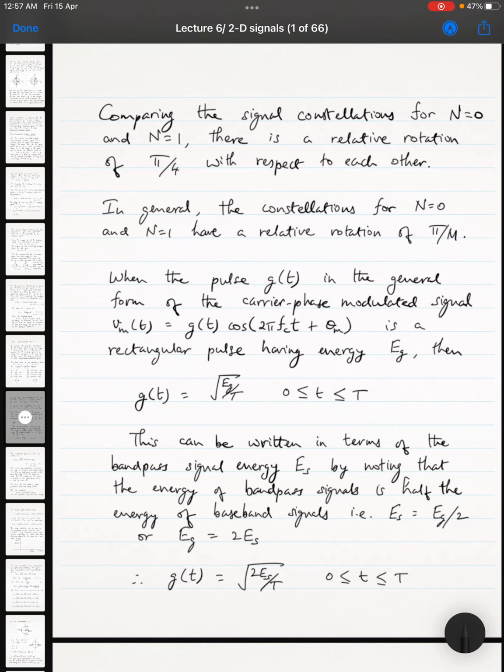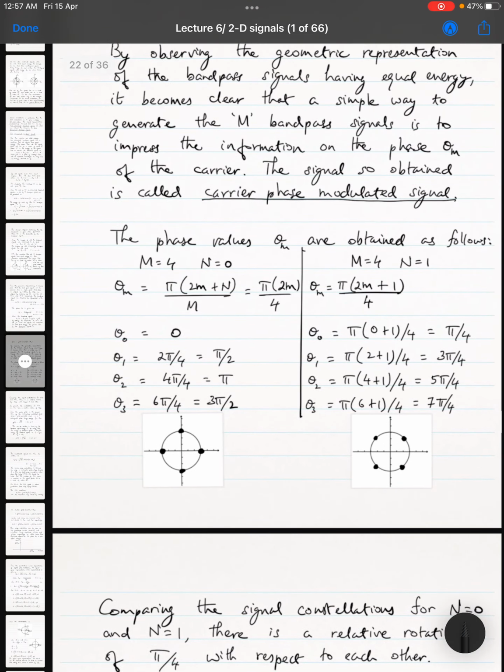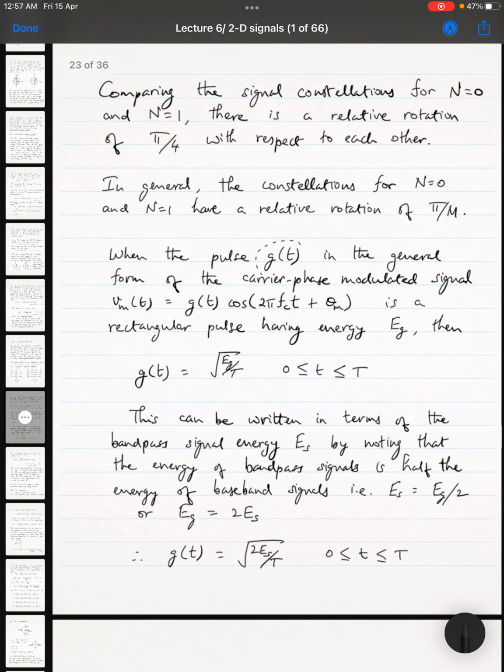Okay, and that is what we have mentioned over here. Now a special case of this carrier phase modulated signal is when we have the pulse shape g of t as a rectangular pulse. We started with g of t as some arbitrary pulse shape, not necessarily rectangular. But if the pulse shape is rectangular and it has a certain energy Eg, then what happens is the rectangular